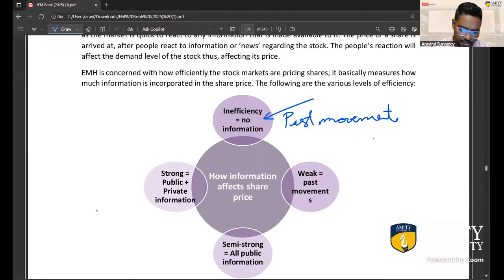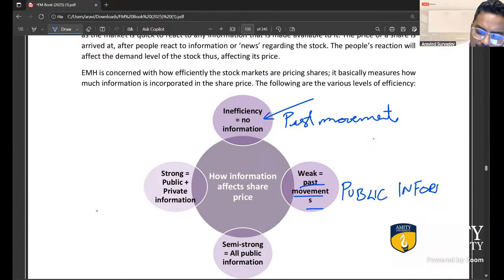On the other hand, there is a weak efficiency market. A weak efficiency market is where past movements are already there in the price. So just by knowing past movements, you can't beat the market. Then there is, of course, what you need to know in this market would be public information. Yeah. Maybe like a fundamental analysis of whatever news is out there about the company. Public information can help you win in a weak market.